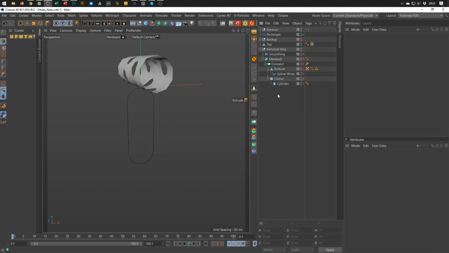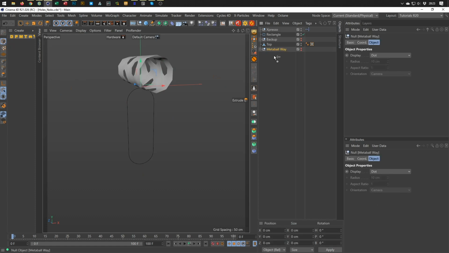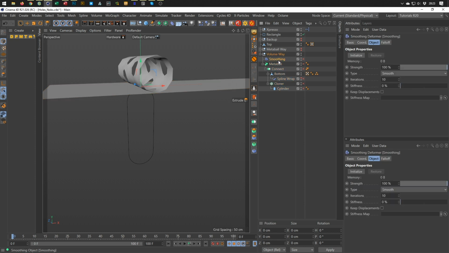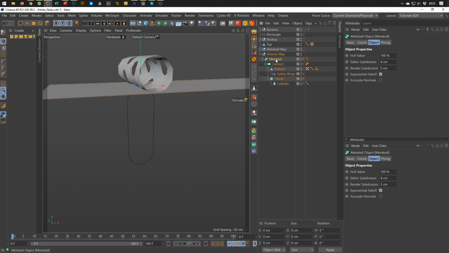You know what? Bye bye. I copy the whole metaball way here and name it volume way. Save it, show it. So I just delete what I don't need. It's a good try. I don't need the smoothing, delete it. I don't need the metaball, but here be careful,